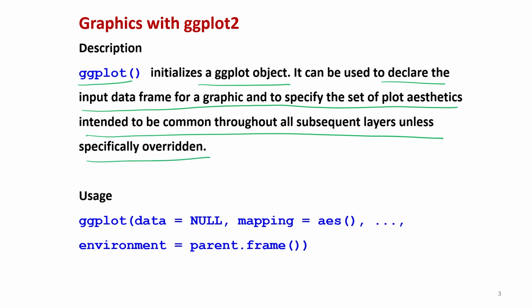So you will see here that the data is given in the data frame format. Then we use the option of aesthetics to create some features in the graph, and then we create some layers to give more information to the graph which is plotted. Right, so it is used like this. You write ggplot2, then you write the data, whatever data is given here. Then you give the option for the mapping, which is based on the aesthetic function aes. Within the parentheses, you give different options, and then you give, say, environment as parent.frame,